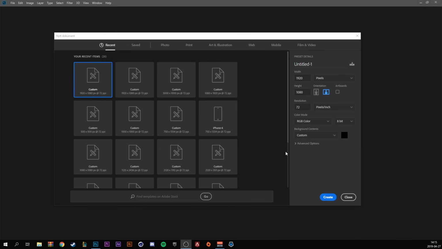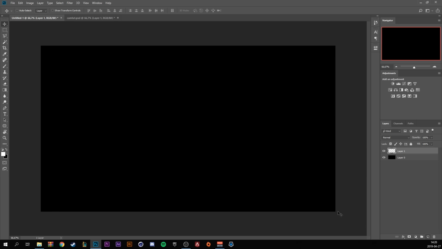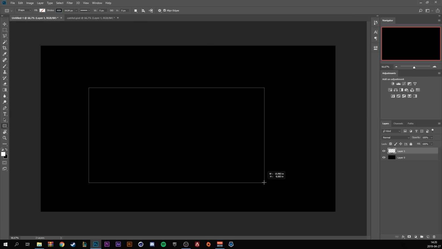So in Photoshop, let's create a new document, make it 1920 by 1080 and have the resolution at 72 and the background color on black. So create a new layer and go to our shape tool, right click and make it the rectangle tool. Just drag out a basic rectangle shape,